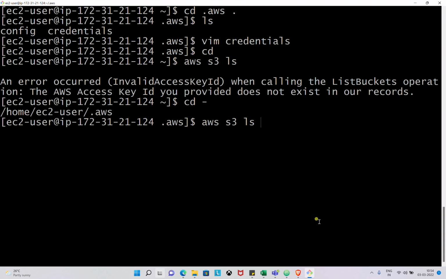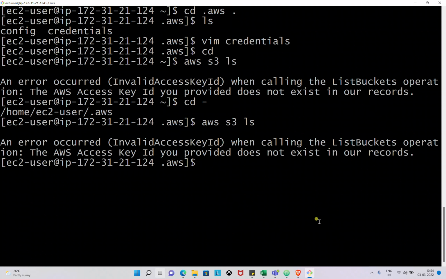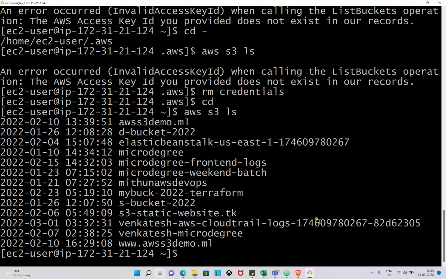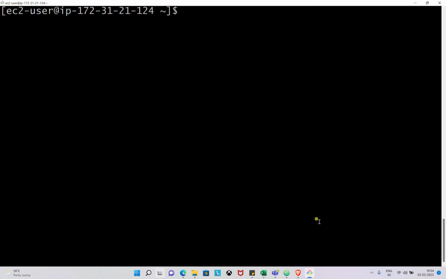Okay, it is picking up this thing, so let me delete that. Let me delete it because by default we had put some dummy credentials, right? So I'm going to delete it. Okay. So now whatever buckets are there, I can see them here,